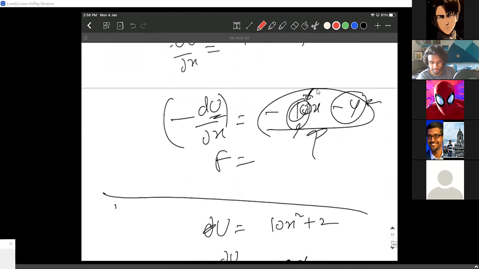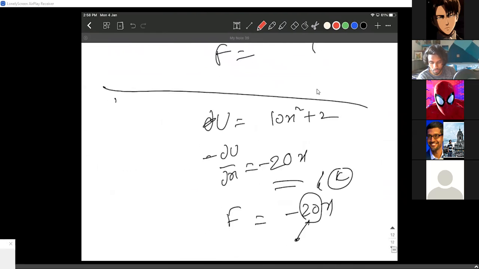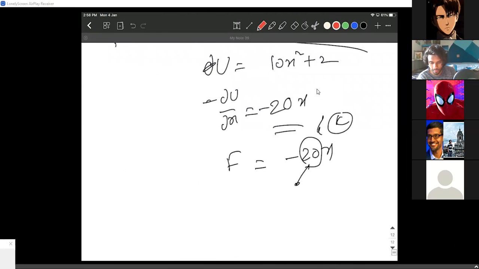Sir, this example, this 20x1, where is that plus 2 coming from then, sir? Again, the way you define the potential energy at the mean position, you already defined at the mean position that the potential energy is already 2. Oh, okay, sir. That is what this constant is representing. That is why